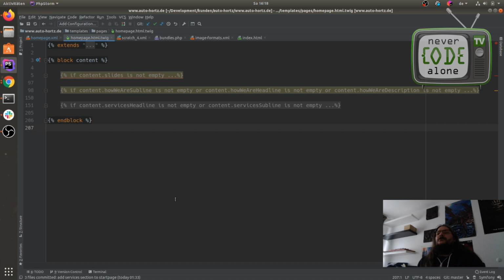And every time I use the if statement around it, because I want it to be easy to show and hide the selection. You can imagine that you maybe need something like a button to enable or disable things on the front end.